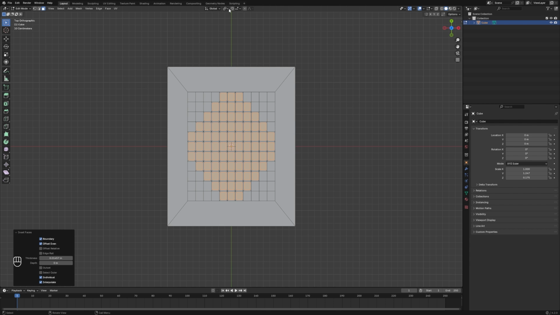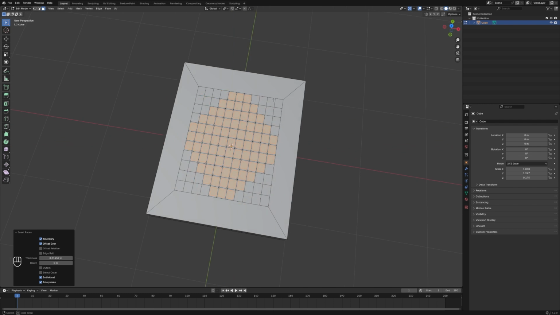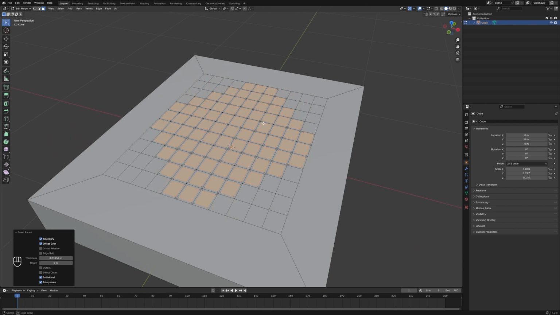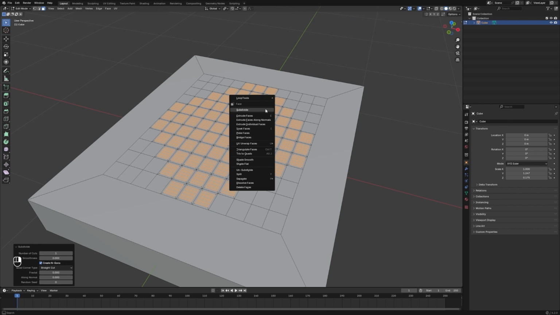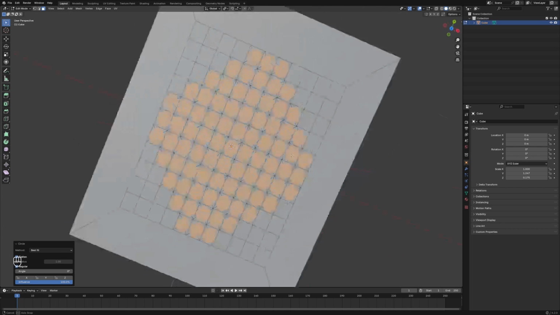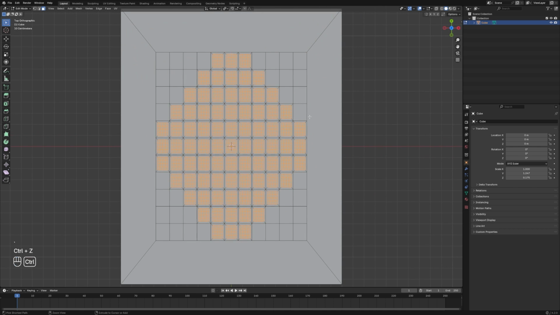And then after that, we have to go back here into the transfer pivot, and then use individual origins. And before that, we have to subdivide again 2 times, and after that just right click and then Loop Tools, and use circle. All right, it will look like that, but we have to see, because in Blender 4.2